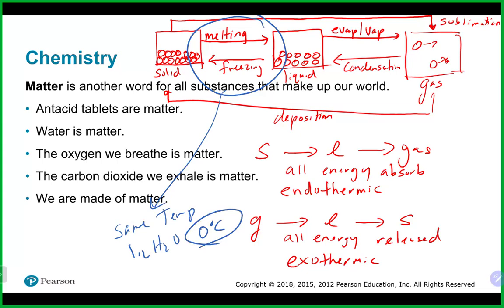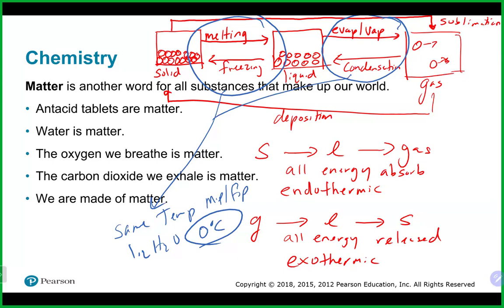When you are exactly at 0 degrees Celsius, you actually have both phases happening at the same time. You have a little bit of ice and a little bit of liquid water, like ice crystals, at exactly 0 degrees. It's really not until you get a little bit above 0 degrees that you fully transition to liquid water, and not until you get a little below 0 degrees that you transition to ice. The same thing happens over here as we go from